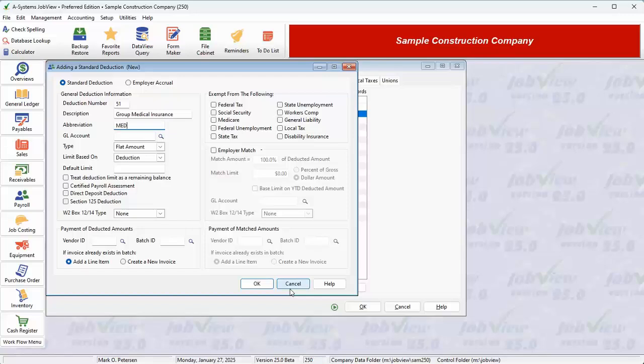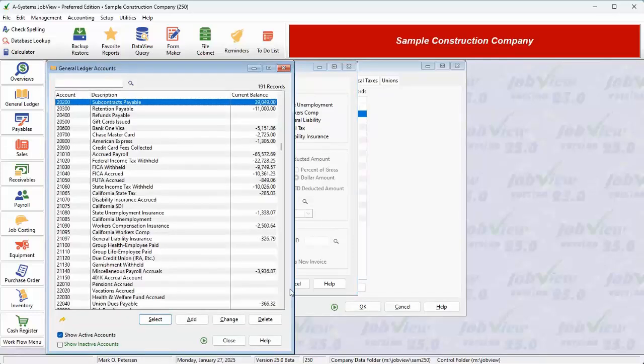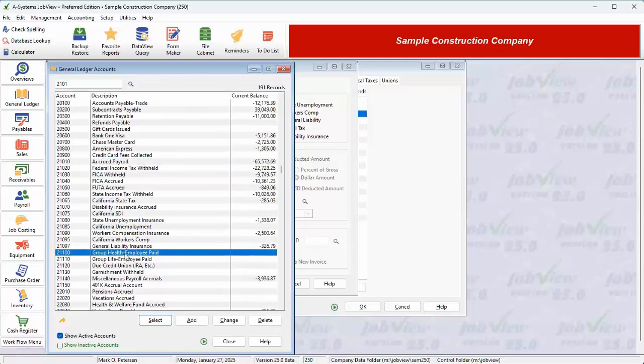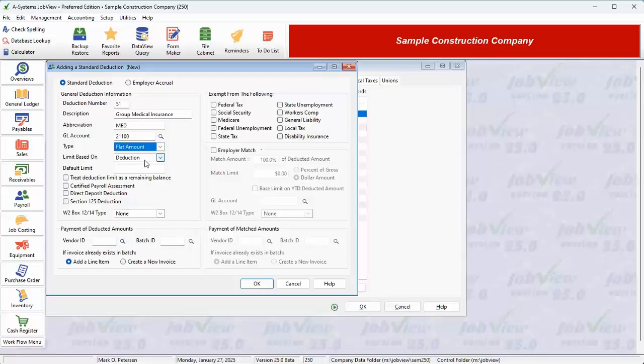We can give it a number, a description, an abbreviation which will show up on the check stub, a general ledger account to which the money deducted from the employee will be sent during posting, and a deduction type. The type is either a flat amount, a percentage of gross, a percentage of net, or a dollar amount per hour. An example of a flat amount deduction might be a person having a flat $22 deducted from her check